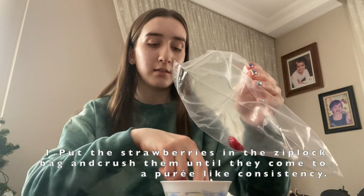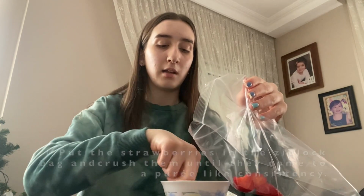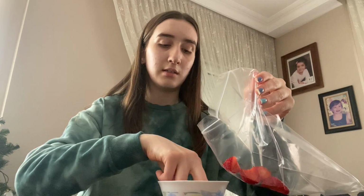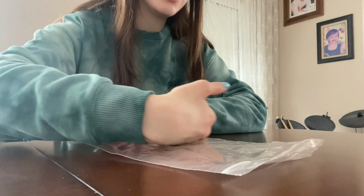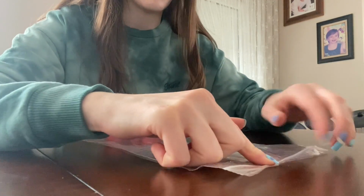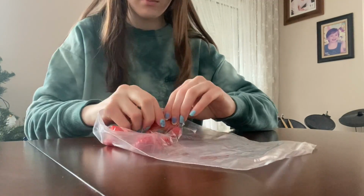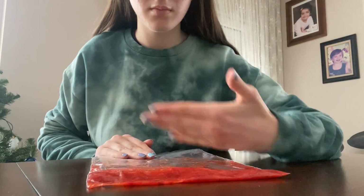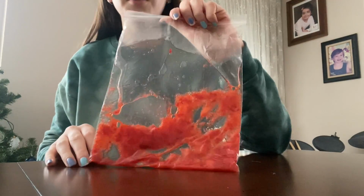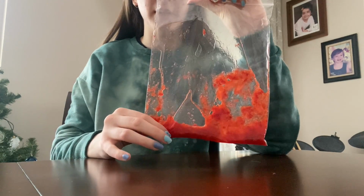The first thing that I'm going to be doing is putting my strawberries in the Ziploc bag and mushing them until they have a puree-like consistency. I also cut them to pieces so it's easier for me to mush them. It's easier to mush them if you get the air out of the Ziploc bag. If you have mixed strawberries to the point where it's a liquid and there are no chunks, you will be